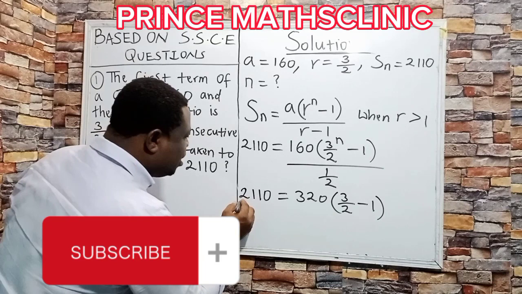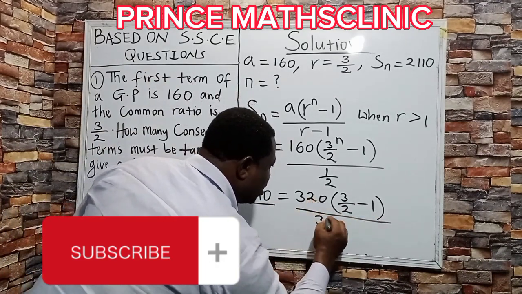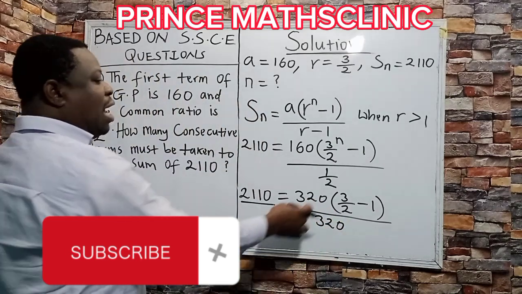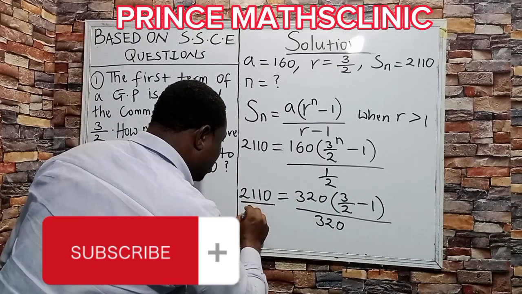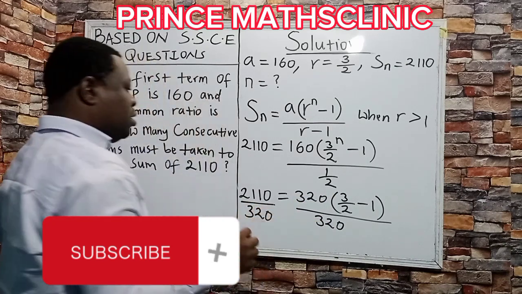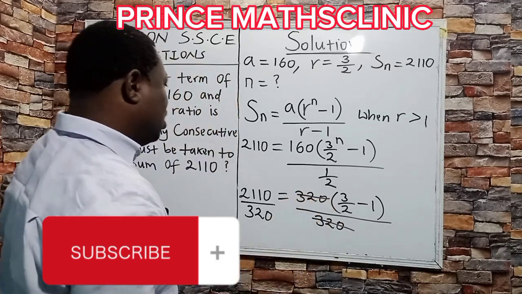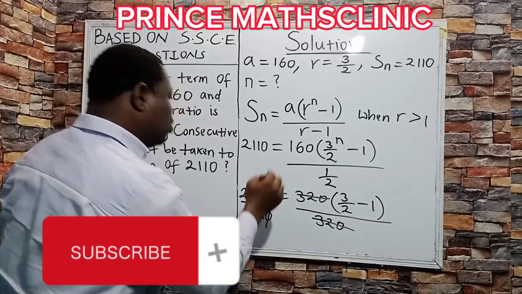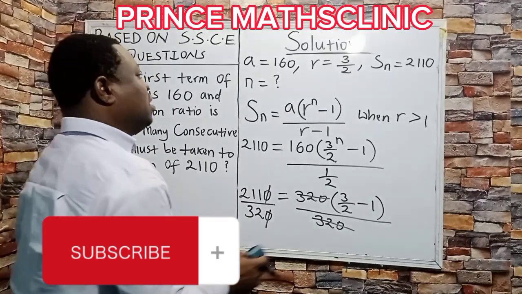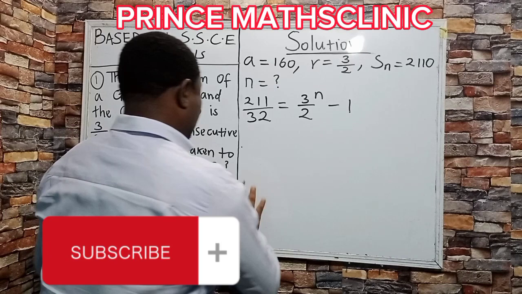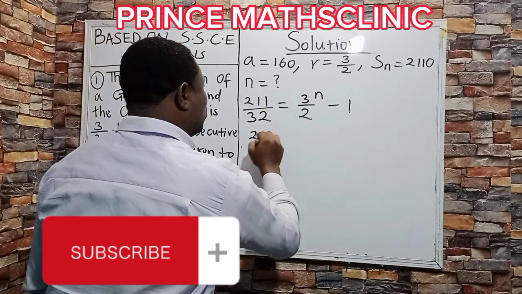If I divide both sides by 320, what am I dividing? I don't want 320 here, so whatever I do to the right, I must do to the left. Therefore, 320 cancels 320. Then, yes, 0 will cancel 0. So I have 211/32 left. Hence, the next thing I need to do is to move 1 here. So this becomes